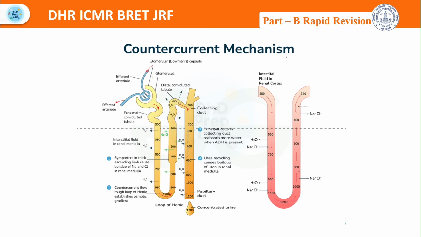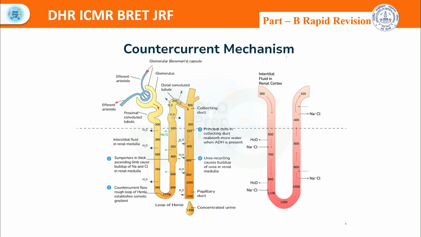The principle behind this is that the flows of the filtrate and the blood move in opposite directions in the countercurrent mechanism in the nephron and vasa recta. This maximizes the solute and water exchange and establishes a hyperosmotic medullary interstitium. The descending limb is permeable to water and impermeable to salts, so water leaves here by osmosis. The ascending limb is impermeable to water and actively pumps out sodium, potassium, and chloride ions, which makes the medulla hyperosmotic. The result is that an osmotic gradient from the cortex to the medulla has been formed,